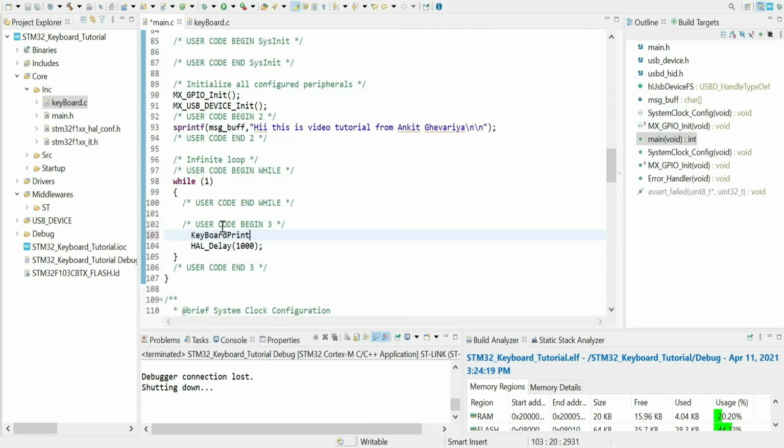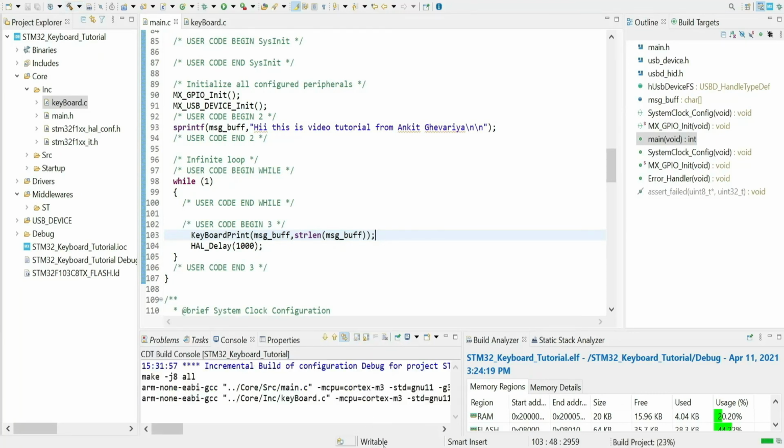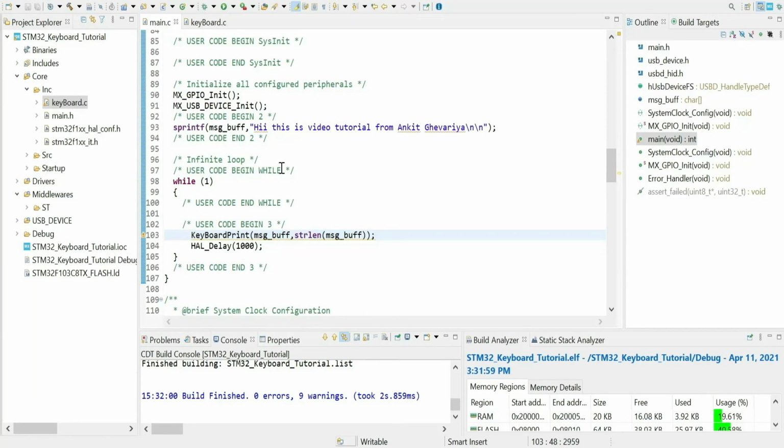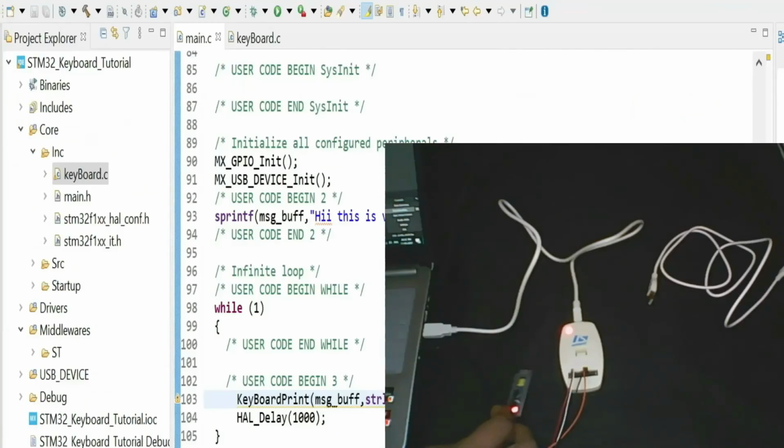Note that we are not passing the size of buffer. Now compile and upload the code.